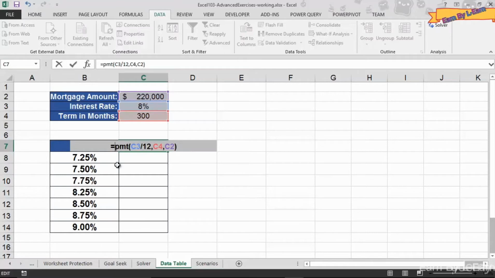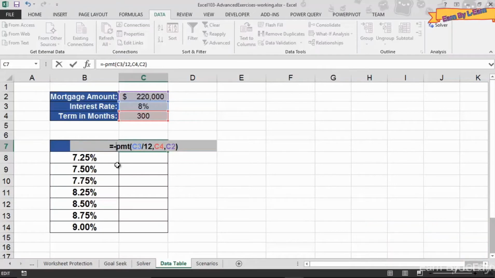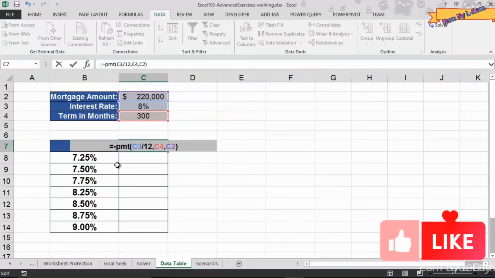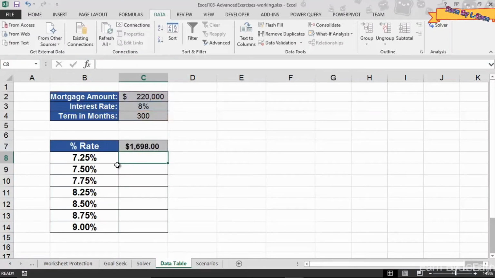Now I am going to put a negative sign in front of that PMT just to turn this into a positive value. When you use the payment function, it takes the outcome of the formula and turns it negative. You're withdrawing this money to make this payment, but I'm going to make it positive here. All right, so roughly $1,700 monthly based on a $220,000 mortgage amount for an 8% interest rate